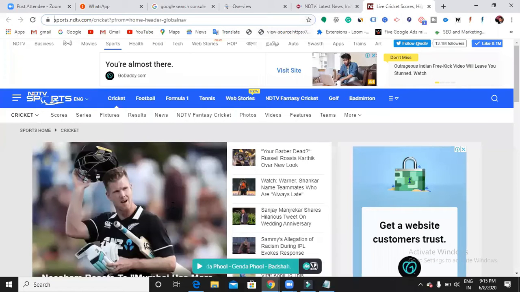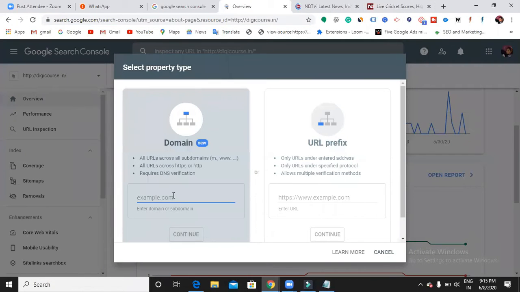When I use Domain, it will crawl every URL across my domain, whether it is HTTPS or not, and whether it has subdomains or not. You needn't go back and crawl sports.ndtv or games.ndtv separately. Once you use Domain, it crawls everything under your original domain.